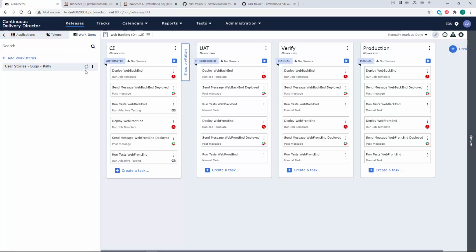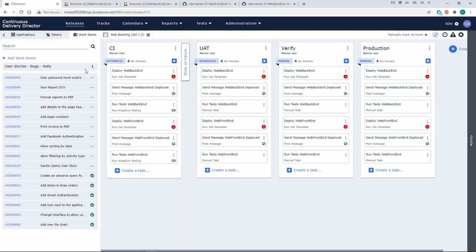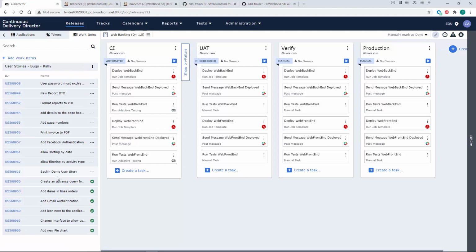And under the Work Items tab, we can see the work items are synchronizing. And now the work items are populating the view. And in this example, some of the items have already been accepted in Rally, so they have a check mark next to them. Now that we have the work items imported, as code changes are committed, the ID of the